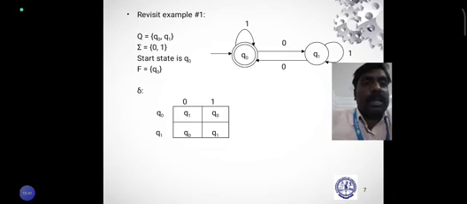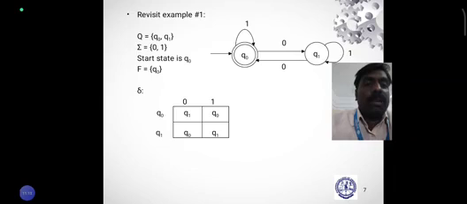So this is a transition diagram and table. Here capital Q is represented with Q0, Q1. So Q has a number of states called Q0 and Q1. Sigma has the input alphabets 0, 1. Here the start state is Q0 and the final state F is also Q0. It has been enclosed with a double circle.